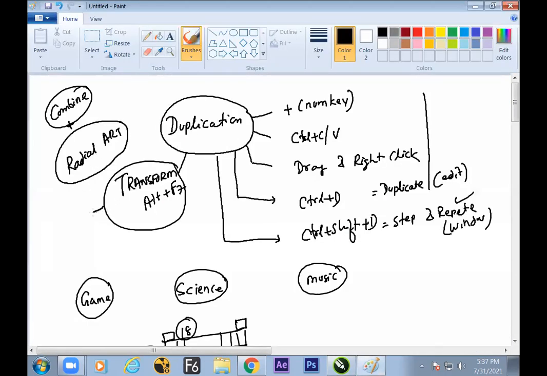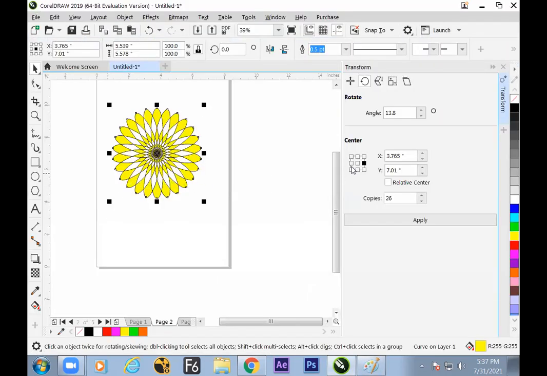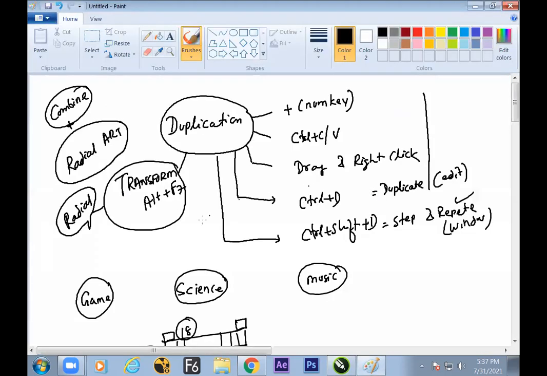In the transform radial, two jobs have been done. What are the two jobs? We have changed the reference point. Source reference point has been changed, center point. And then angle, like copies, and angle is done through the division of 360 by the number of copies. So two events have been done inside the radial format.